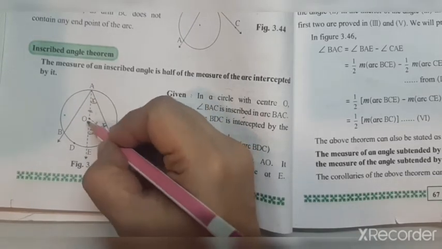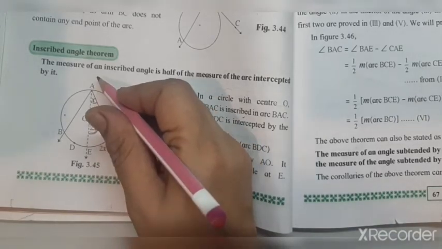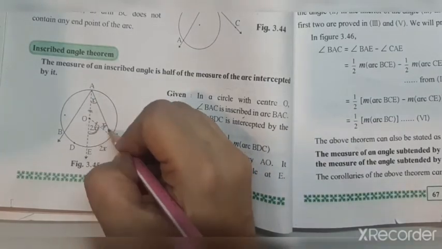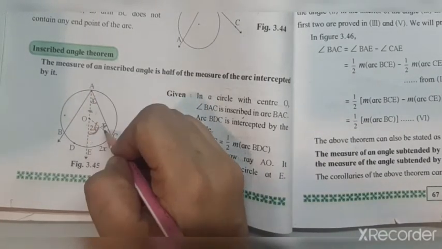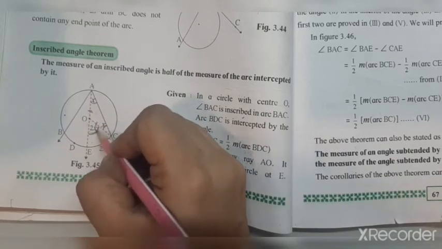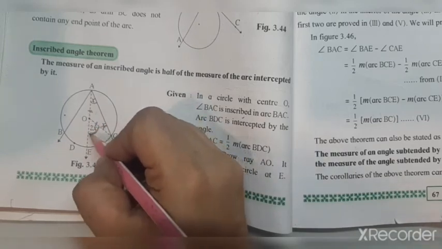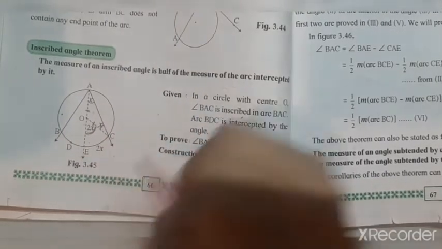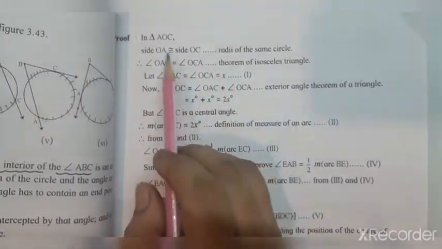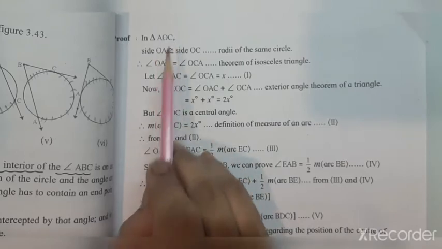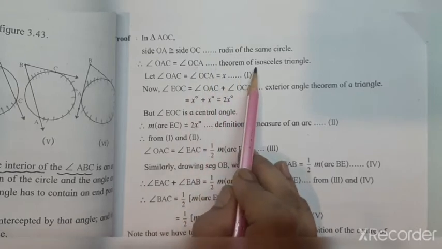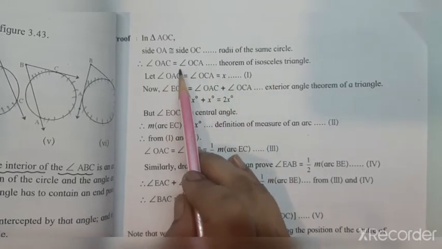Now, if triangle QRS is an equilateral triangle, we know one property of an equilateral triangle, that is all the sides of an equilateral triangle are congruent. So in that case, segment QR congruent to segment QS congruent to segment RS. Okay, reason: sides of equilateral triangle.